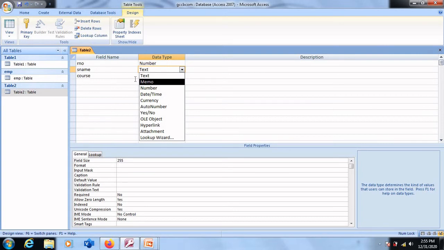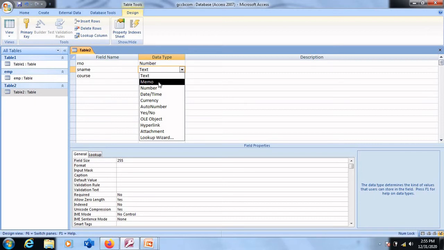If you wish to enter any text which is beyond 255 characters, you should go for memo. It is a much larger version of text field, allowing storage of up to 2 GB of data in terms of memory capacity. Memo data type again will accept textual data, alphanumerical data, but the capacity of memo is much bigger than that of text data type.